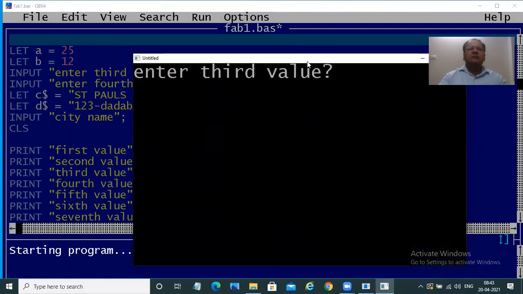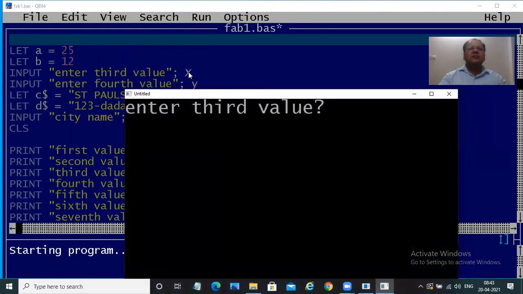Another thing students remember, now since this value is a numeric value, if by mistake I try to type any alphabet, I'm pressing the alphabetic key, but no alphabet is typing. It will not accept any alphabetic or alphanumeric value because this is a numeric value.